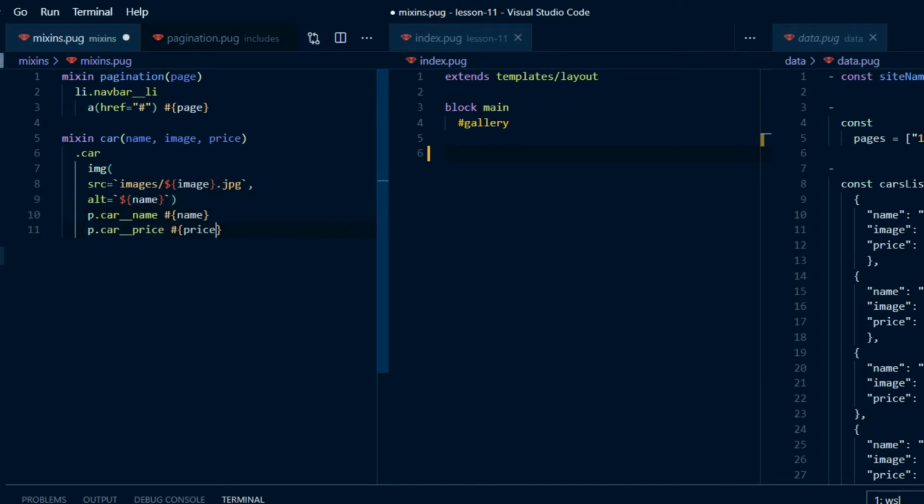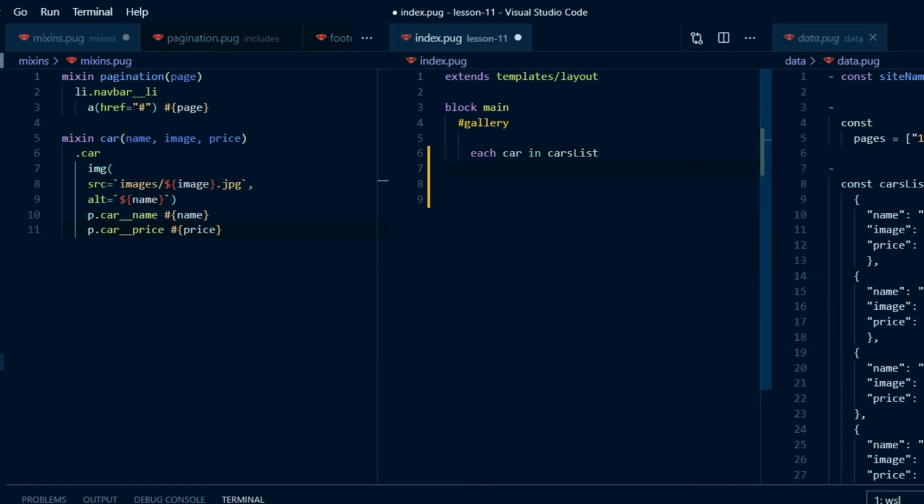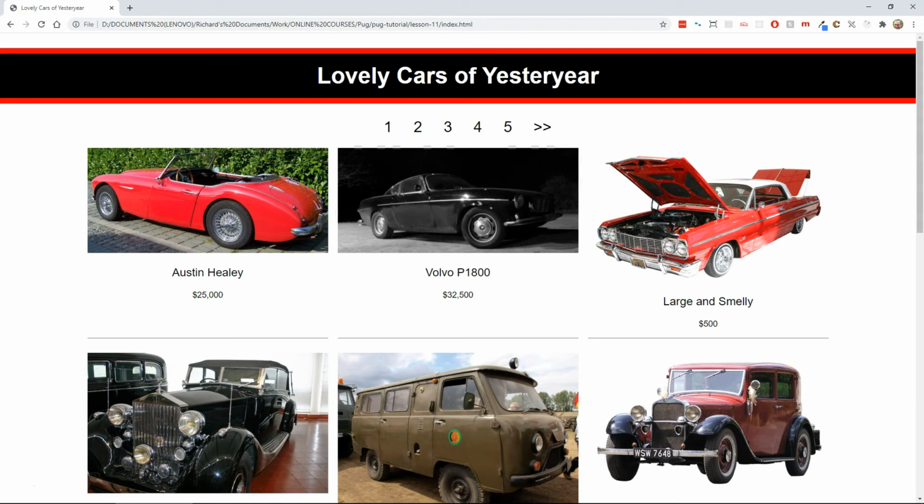And then in index.pug, indented inside the gallery div, loop through the cars list object, each car in cars list, and inside that call the car mixin, plus car, parentheses, passing in the variables: car.name, car.image, car.price. Save and refresh, and if it's all gone to plan, you should now see 10 beautiful cars displayed on your screen.